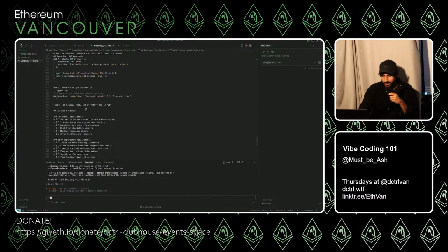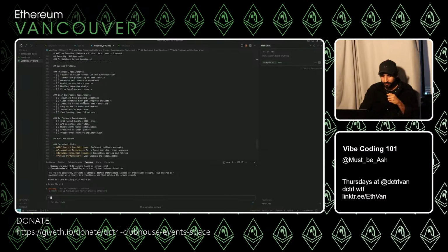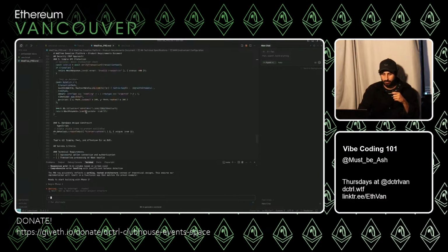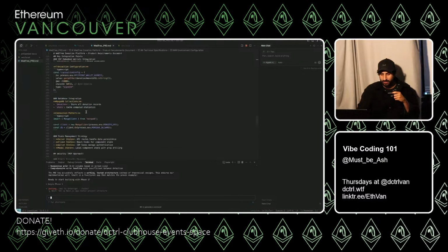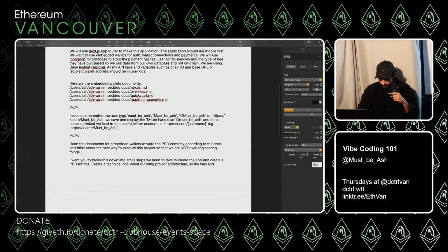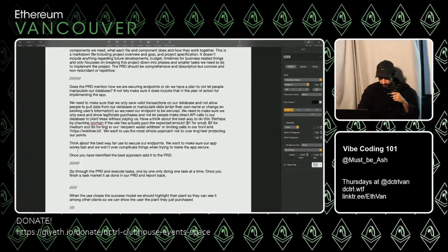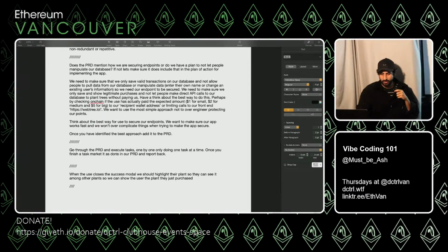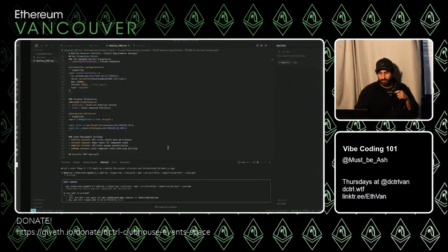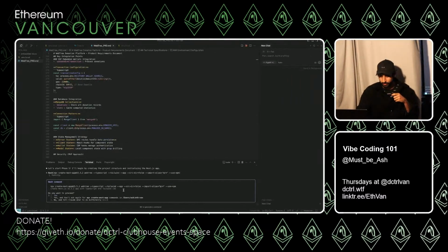So when it gets back, it already has this pretty neat plan laid out for me. And then what I'll do, which I should have just copy-pasted as the pre-written prompt, is: go through the PRD and execute the task, only doing one task at a time, and mark the PRD with a check mark as you complete them.